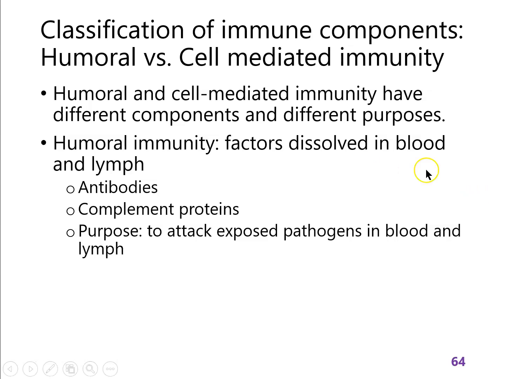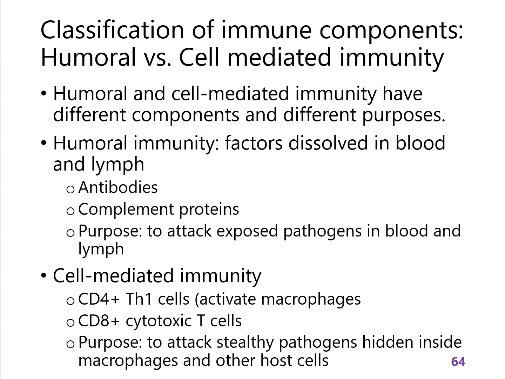Well, let's break it down. Humoral immunity is what can dissolve in blood and lymph. So antibodies and the complement system. And so they protect our blood and our lymph. The humoral immune response is what's finding exposed pathogens that are not inside our cells. They're not hiding. They're moving between our cells, in the blood or in the lymph. Cell-mediated immunity is